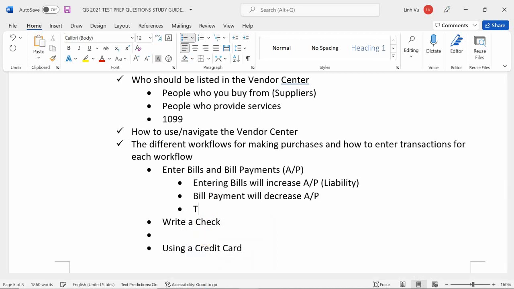Okay, so in this case, in order for you to decrease your accounts payable, you must use pay bills to decrease your accounts payable. Okay, because in this case, if you use the write a checks function,